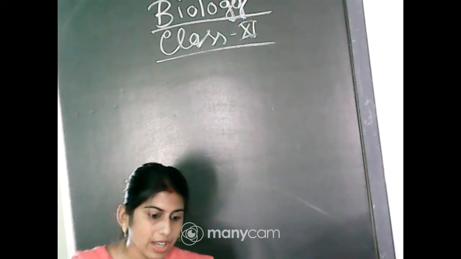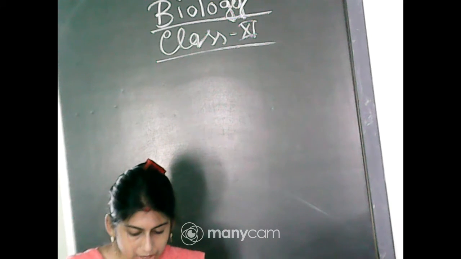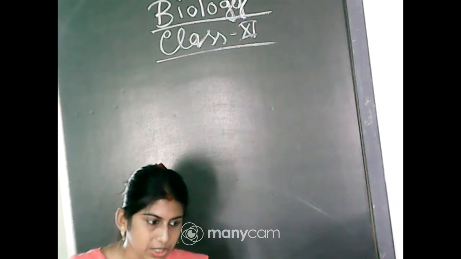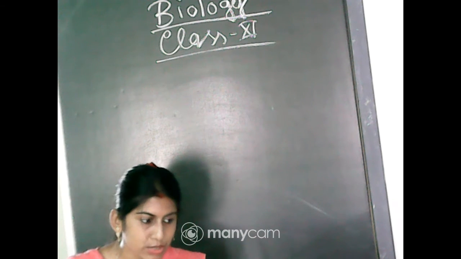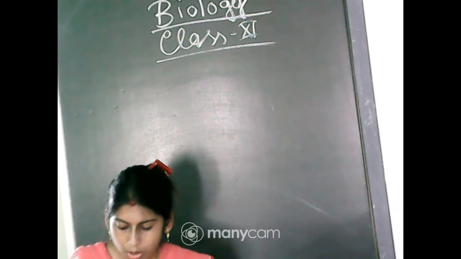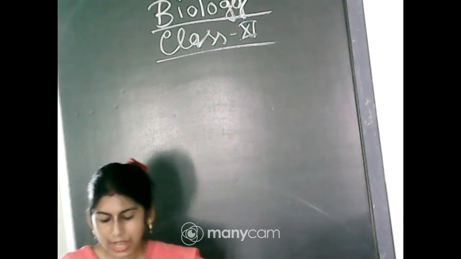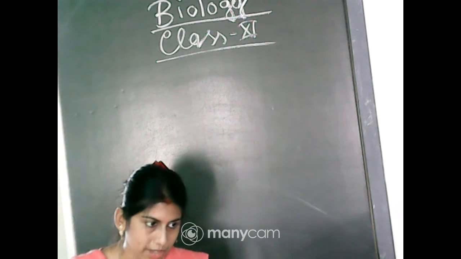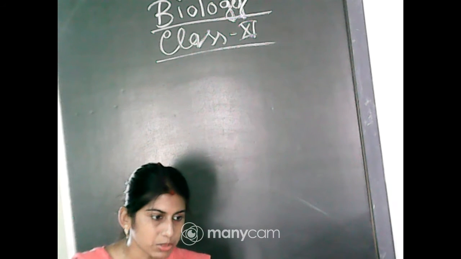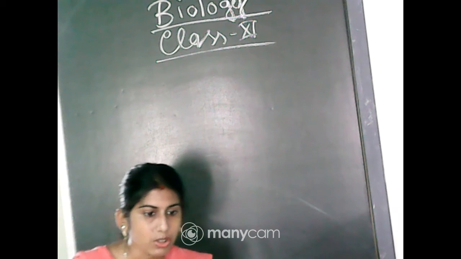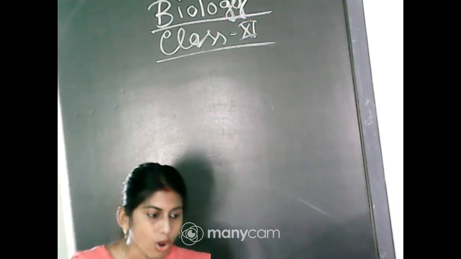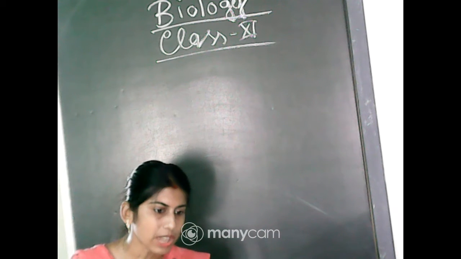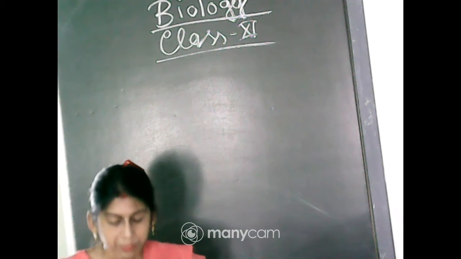Okay, so in the light reaction we have seen how, through chemiosmosis, ATP has been produced and NADPH also produced. Now this ATP and NADPH, where will it be used? Next we will look into that part. That means we will proceed to the dark reaction, or we can call it light independent reaction, or its alternative name is Calvin cycle. Why Calvin cycle? Because scientist Calvin discovered this cycle.